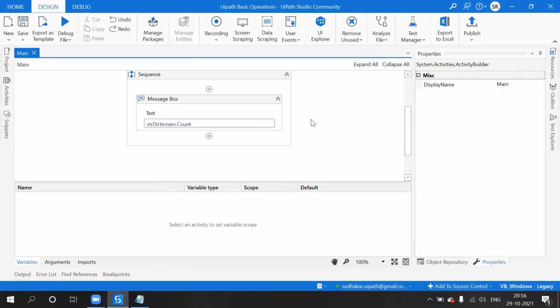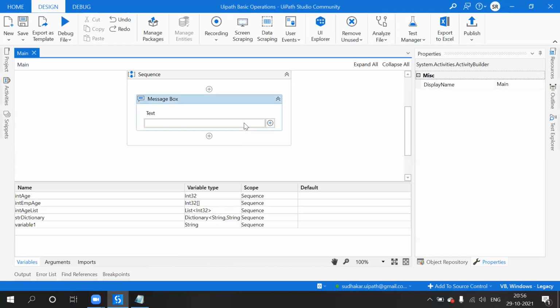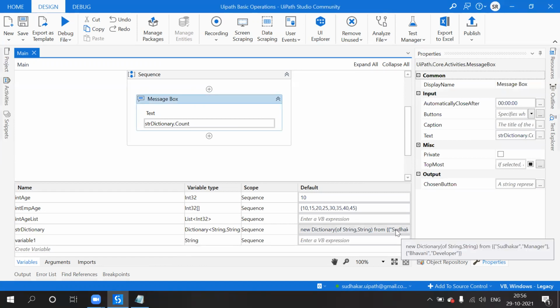The name and value together are considered only one value. Do not assume that it has to display 4 rather than 2, because this combination is considered as only one value, not two. So this is one of the ways to declare and initialize a dictionary.